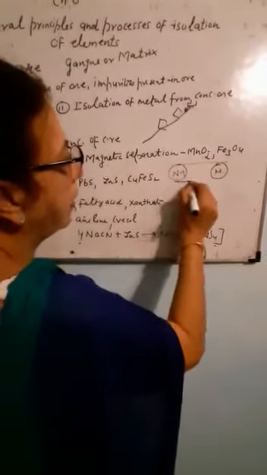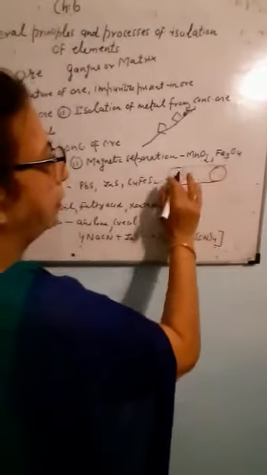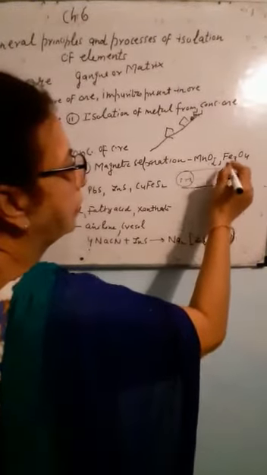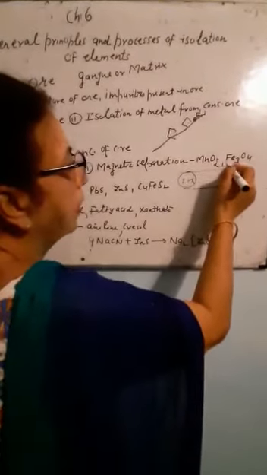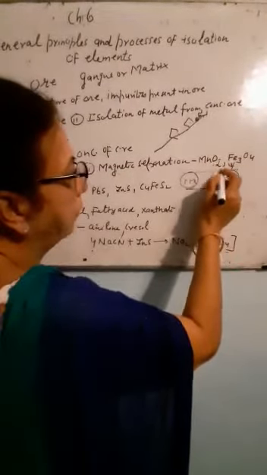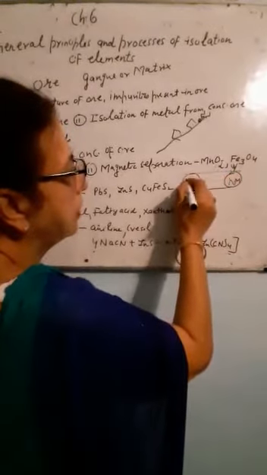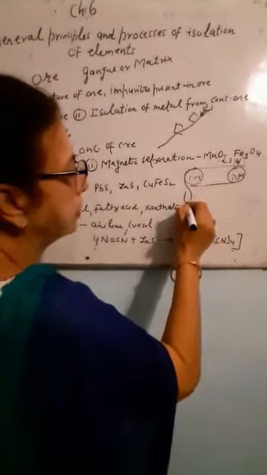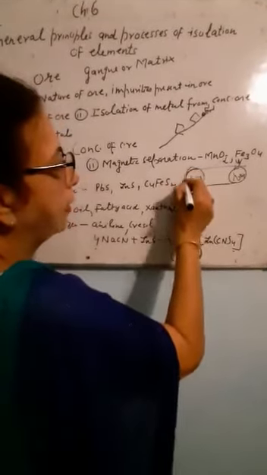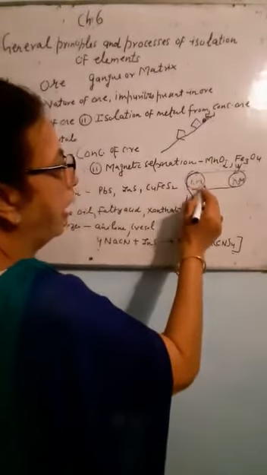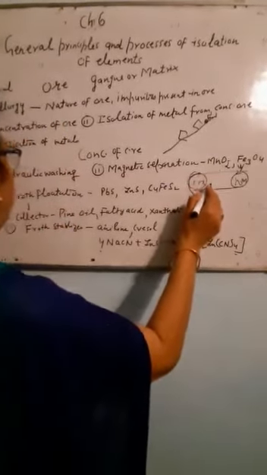A conveyor belt is attached to them. The magnetic roller and the non-magnetic roller both move. The ore is crushed. It is added with the help of a hopper. When this ore reaches here, the non-magnetic particles will fall down, and the magnetic particles will stick to the magnetic roller, and later on they will be removed.